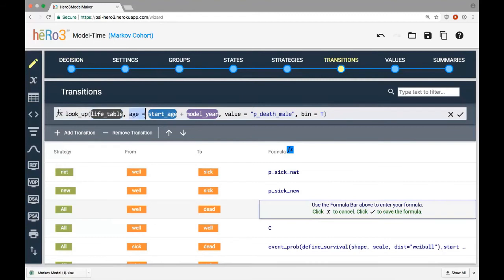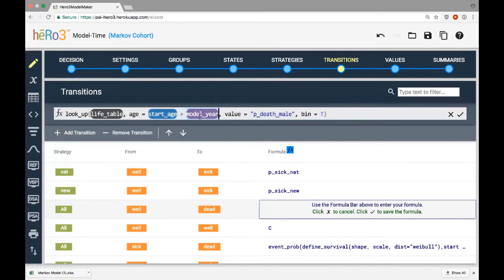So you can see here it's age equals, and then the value of the age that we're going to be looking up. And so what we're going to do here is take the starting age, which we defined on the previous page, which is 45 years old. And then we're going to add to that model year, which is a keyword which will take on the value of the current year it is in the model. So for example, in year 1, model year will be 1.